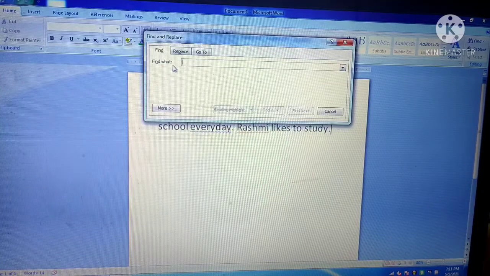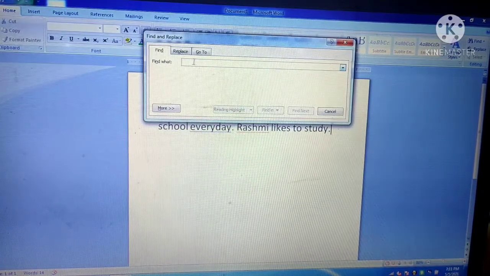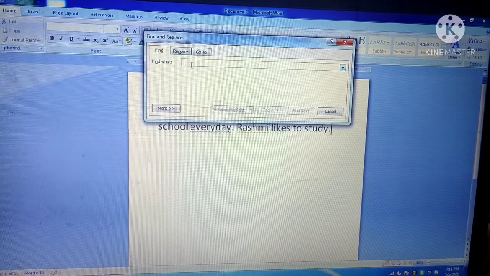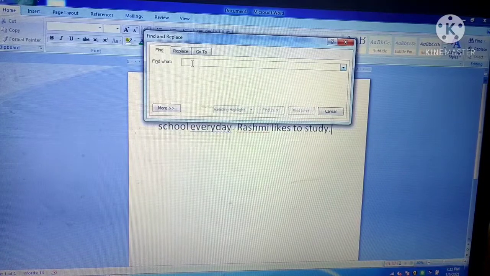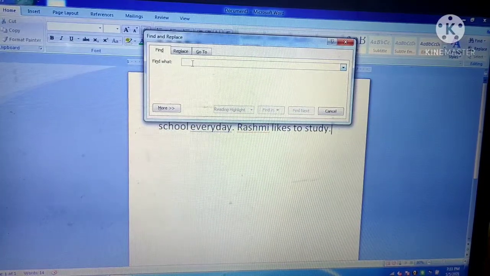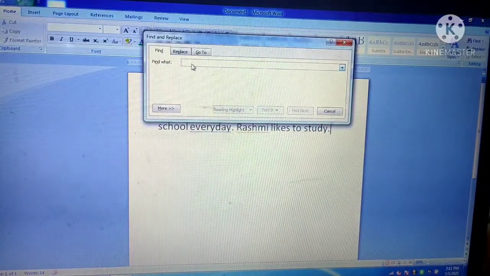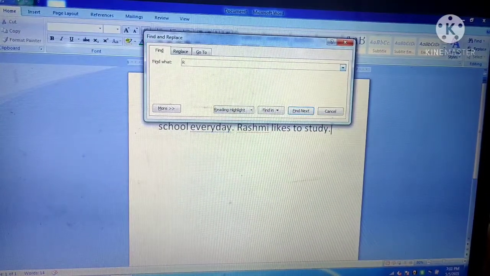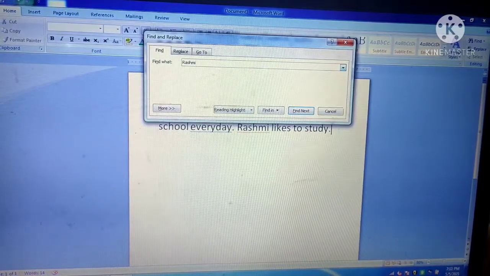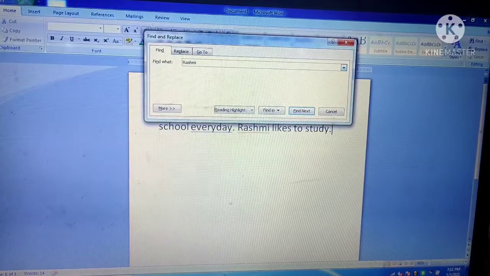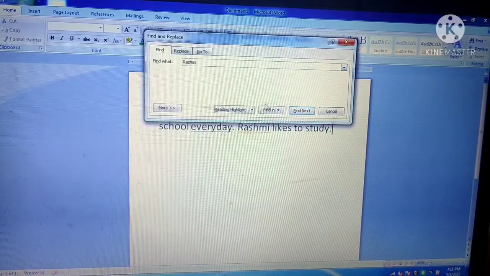In the Find What box, you will click. You can see that the cursor is blinking here. After the cursor is blinking, you can start typing the word which you want to search or look for. Suppose I am going to search the word Rashmi. After typing the word,